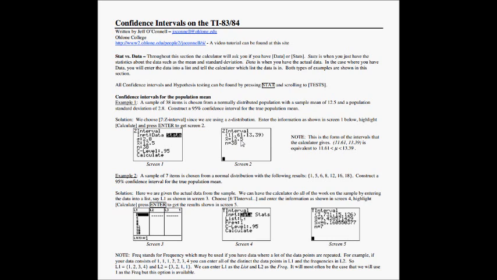See, that 12.5 is only the best estimate of the mean, whereas this kind of gives you, hey, with 95% confidence, you know that your mean will fall between 11.61 and 13.39. So that's taking it a step further. Rather than just saying, well, that's my mean, and going with that, we can calculate what my interval is. And in this case, it's kind of tight. In other words, the mean and your confidence intervals are pretty close.